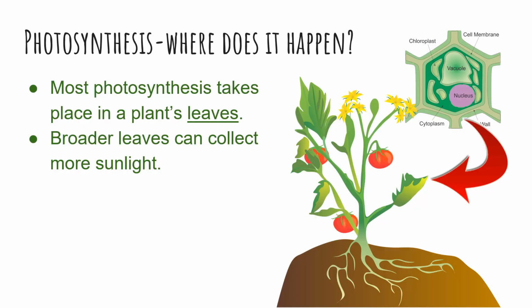Most photosynthesis takes place in a plant's leaves. So photosynthesis can only happen where the chloroplasts with the chlorophyll are. So it can only happen in the parts of the plant that are green in color, I believe. So the stem could perform photosynthesis, but the leaves are better at it. And this is one of the reasons why leaves are broad, okay, bigger like this, as opposed to the skinniness